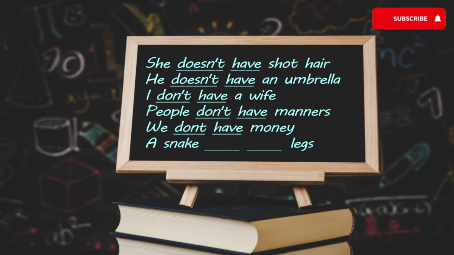A snake is an animal. What do we use for an animal? It. What should we put here? It doesn't have legs. Okay, so that was our practice for the negatives don't have